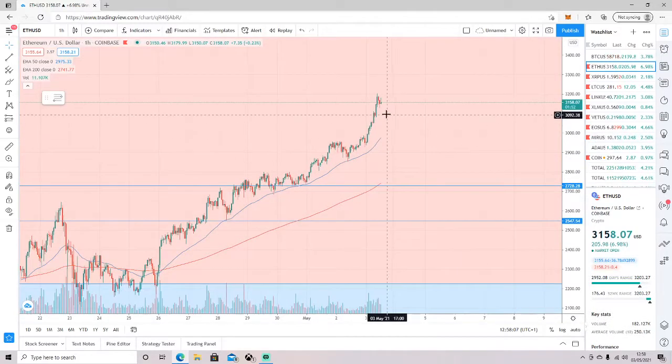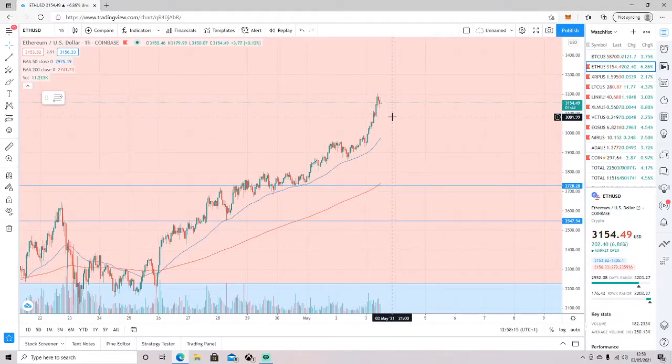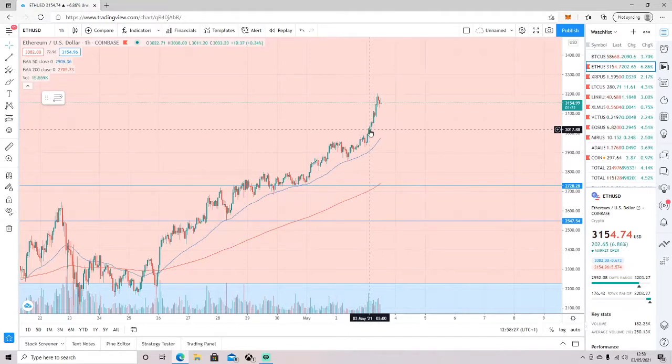As you can see, Ethereum has broken above its all-time high here. It's having a tiny bit of a correction over the last 2 hours, but we've broken way above the $3,000 mark, which I said the other day was going to be an area of importance, because potentially a whole number is an area of resistance when you're looking at any kind of cryptocurrency or trade in general. As we break above that, we are now in price discovery mode, and we've gone kind of parabolic, getting above that,